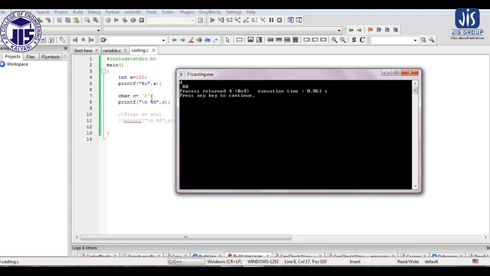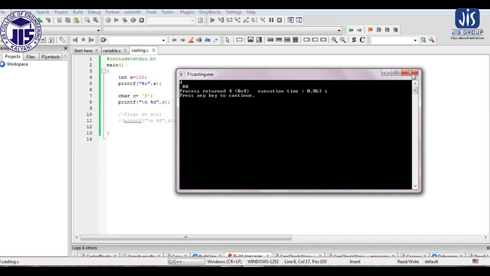It is just the opposite here, where the value of C is the uppercase character P and the ASCII value of uppercase P is 80. So if I print the value of C using %d, it will print the ASCII value of that character.